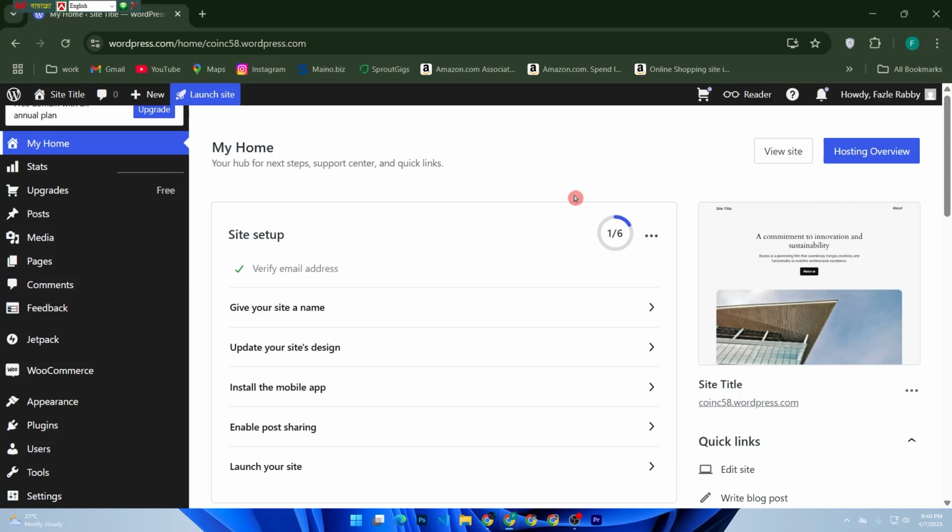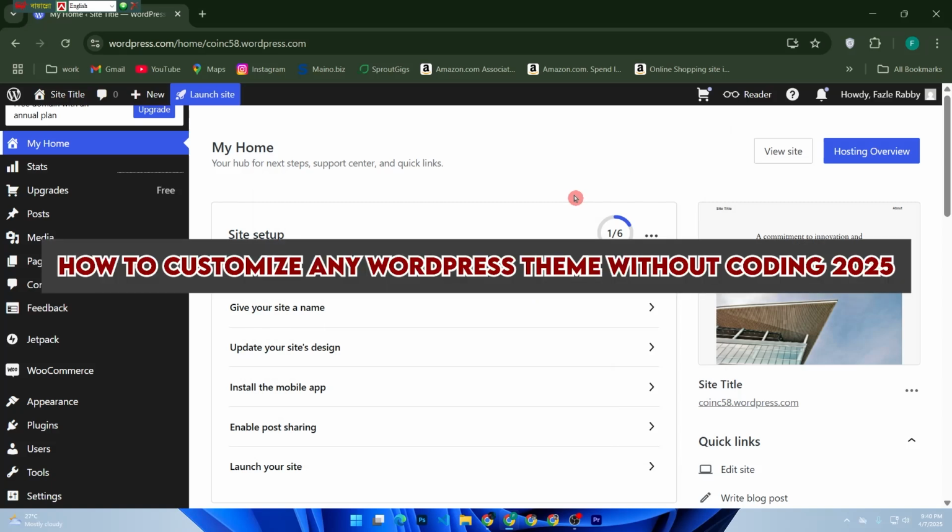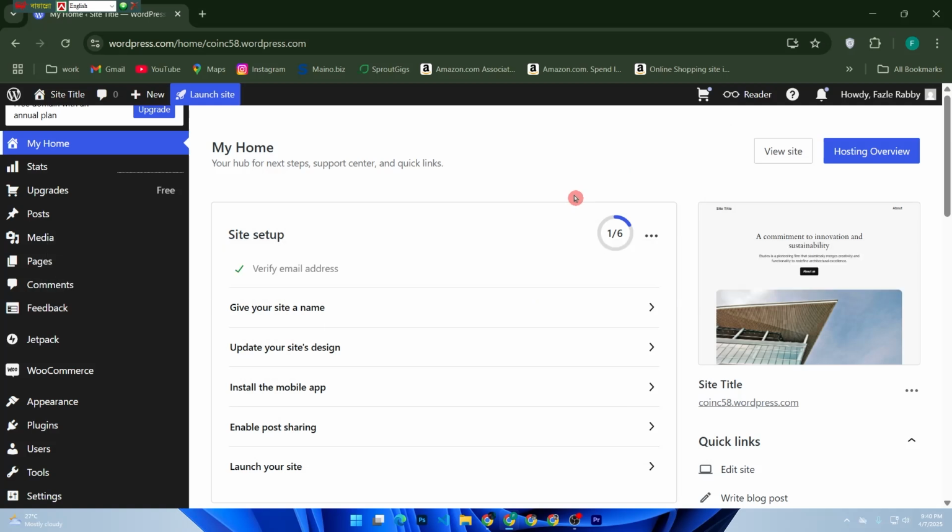In today's video, I am going to show you how to customize any WordPress theme without writing a single line of code. And yes, this works perfectly in 2025. If you are using WordPress for a blog, business, or portfolio, this guide will help you make your site look